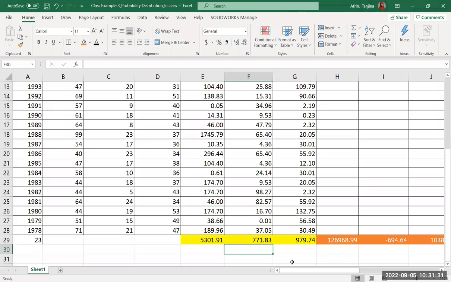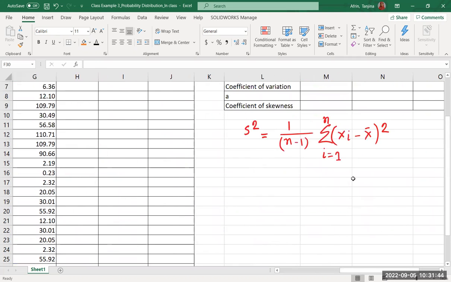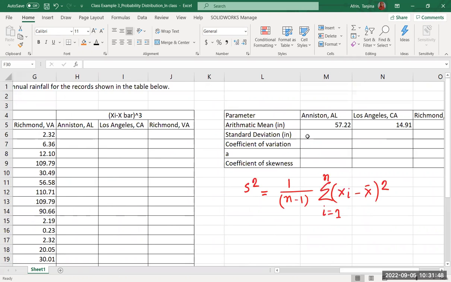N is 23, so n minus 1 is what? 22. Can you calculate the square? Like this one? This is a square. And once you get this a square, you can take the square root and get the standard deviation. But before that,